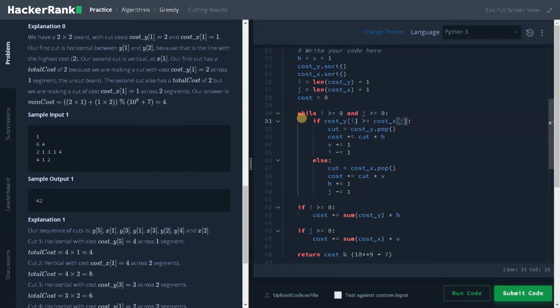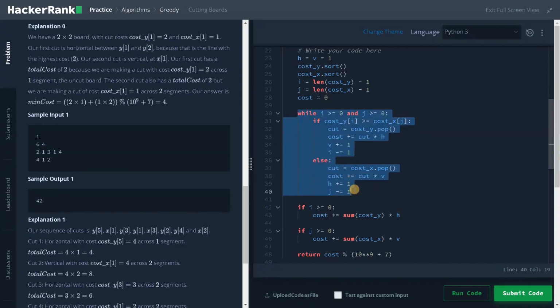So this is a hard problem, but we just solved it in an optimal way. We didn't do that many operations. We just divided this problem into subproblems and tried to use the greedy approach. So here we just sort the cost array, and we have already minimized the cost by taking the highest cost cut in the beginning to avoid more cost. So that's the objective.